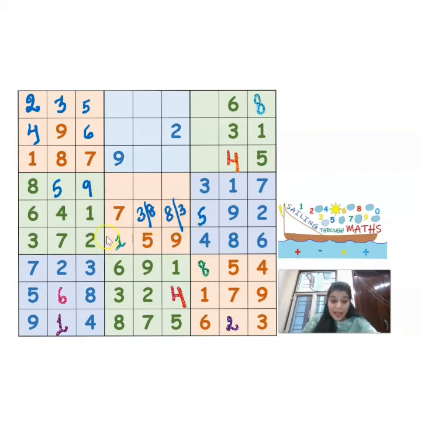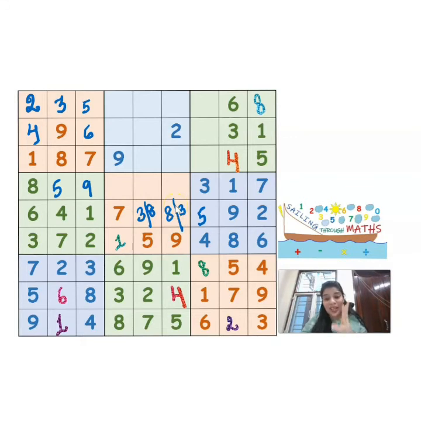Now, again, this is a small grid. So the numbers which are going to come here in these 3 blocks are going to be what? See, 1 is used, 2 is not used, 3 is not used, 4 is not used. Sorry, 3 is used. I'm so sorry. 3 is used here, because if 8 is going to come here, then 3 is going to come here, or if 3 is going to come here, then 8 is going to come here.